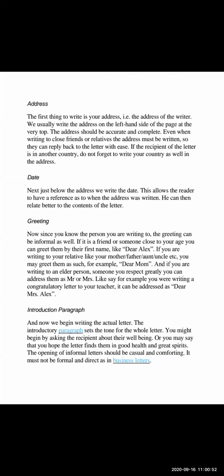So see here the difference between the formal and informal letter. The formal letter is written for business or professional purposes with a specific objective in mind. It uses simple language which is easy to read and interpret. On the contrary, informal letters are written to friends and relatives for personal communication and require a casual